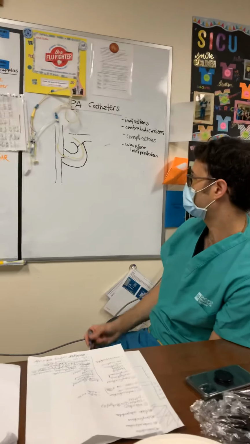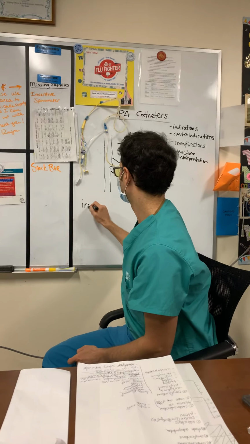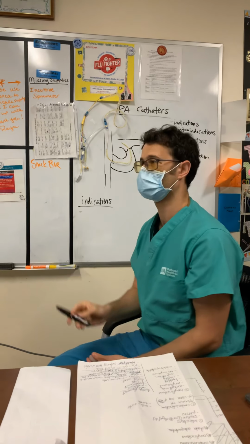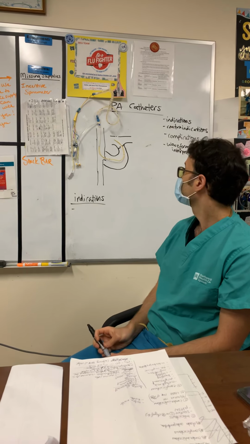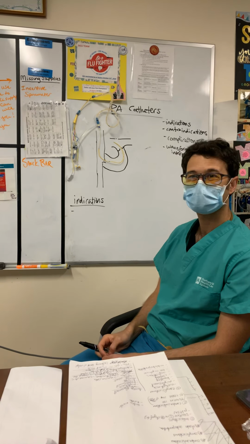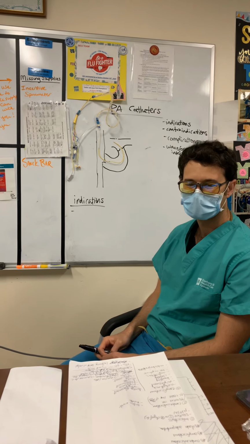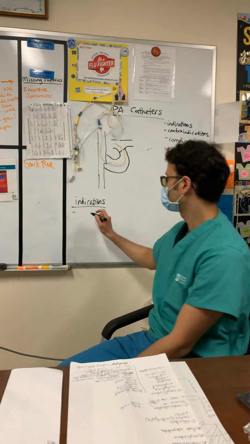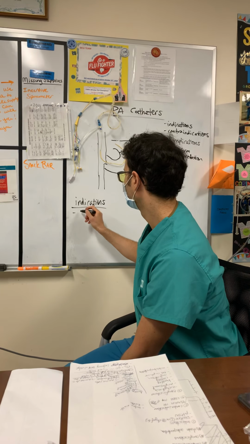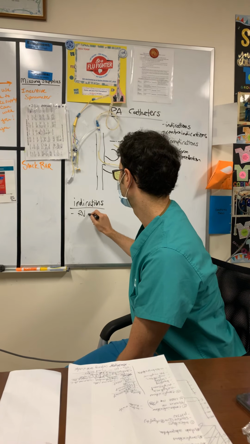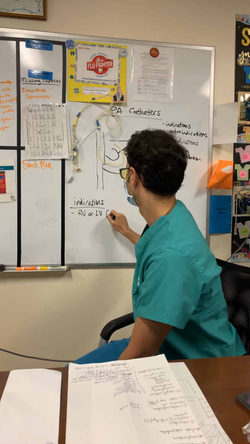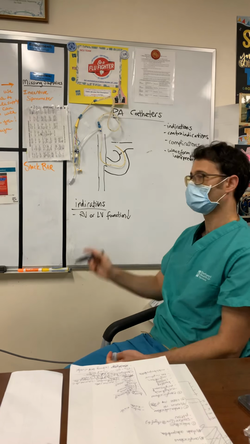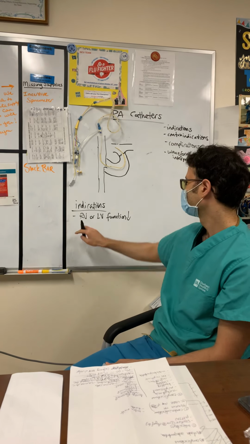So first, some indications of why would we place PA catheters. What have you guys seen us place PA catheters for? Just evaluate the right side versus left side of the heart. Okay, so that's a good way to put it. So if we're concerned about RV or LV function being depressed and being a major contributor to hypotension, either